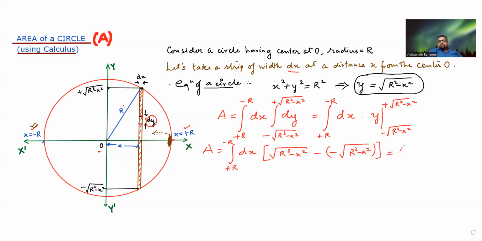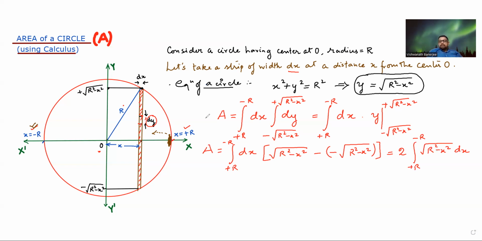So I can write this as twice integral plus r to minus r under root of r square minus x square dx. Now, under root of r square minus x square is a function of x. y is a function of x. It is basically y. So now we are doing y into dx, and these are the limits plus r to